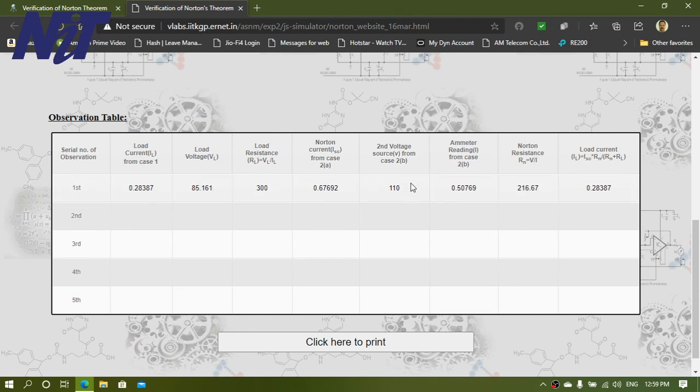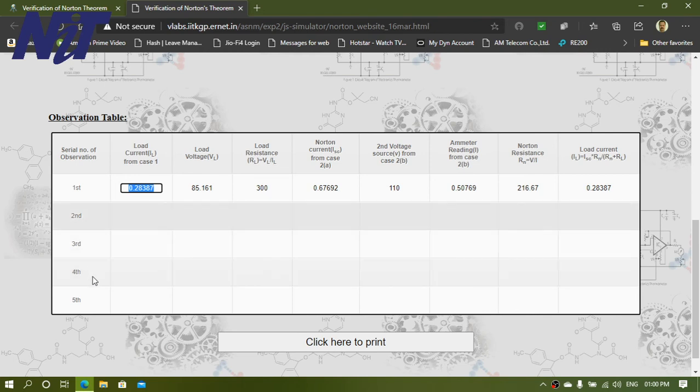For case 2b, when you applied a secondary supply at the load terminal by isolating the load, these are your current readings, and this is your calculated Norton resistance from the 2b simulation part, 216.67. And this is your IL again, obtained from the Norton short circuit current and Norton resistance, the same as the first one. Okay, it is the same.